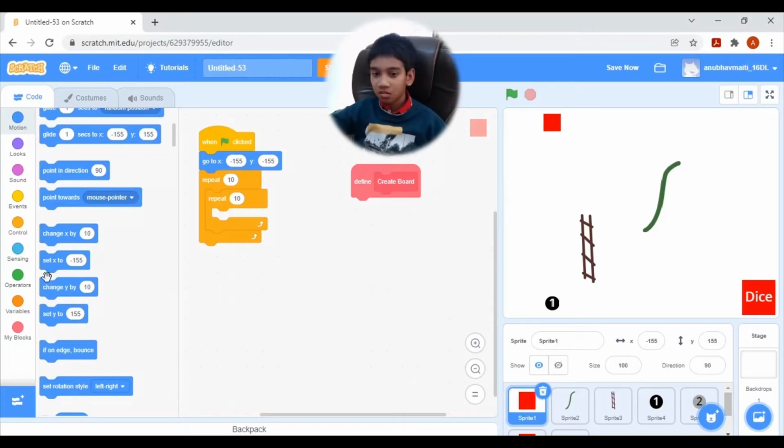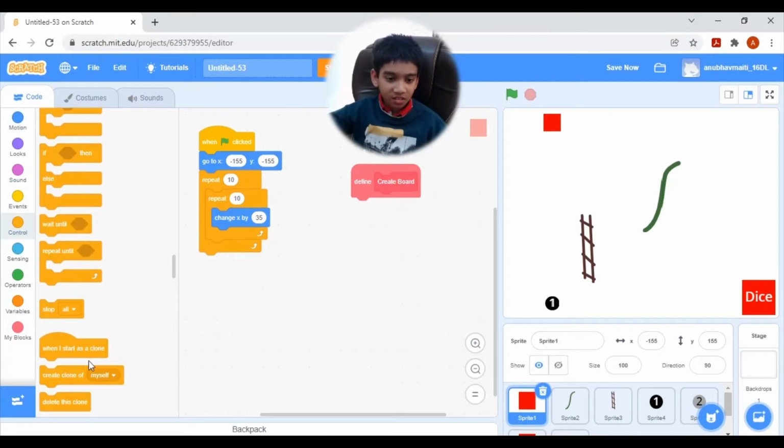So let's test this. Let's put change x by 35 and then create clone of myself, so that it will make clones of itself and create it. So let's execute this,